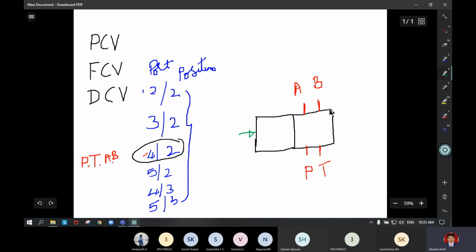This box will move this side and this box will come to this position. So this is after actuation. When we release it, it will come back to the original position. So this is the actuation method you have to write here.